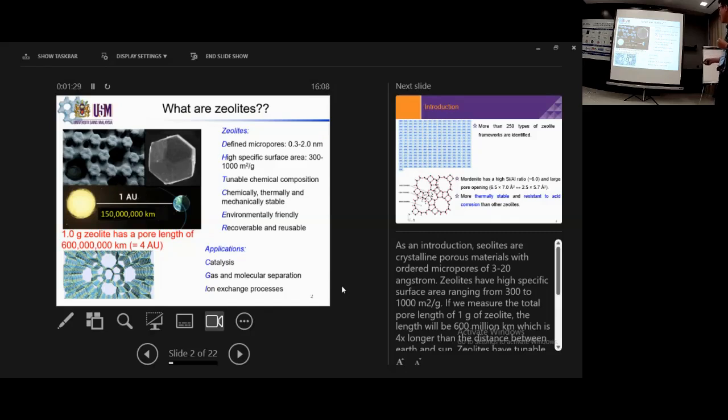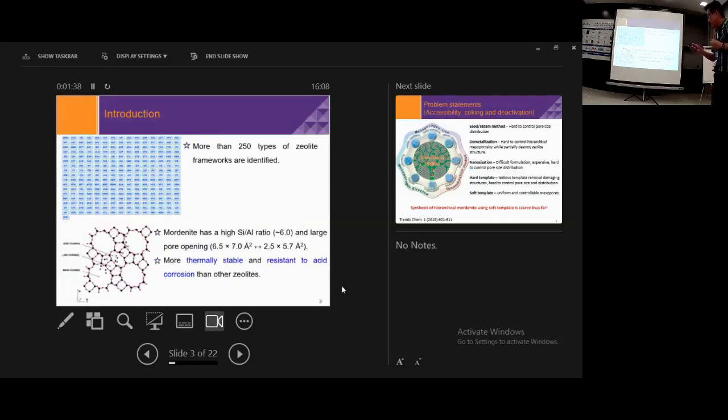As a result, zeolite has been used as a catalyst, and in gas and molecular separation and ion exchange processes. So far, more than 250 types of zeolite have been identified by IUPAC, and one of these zeolites